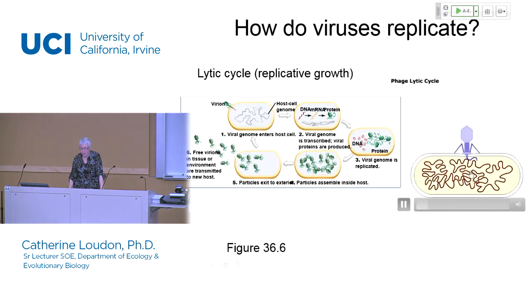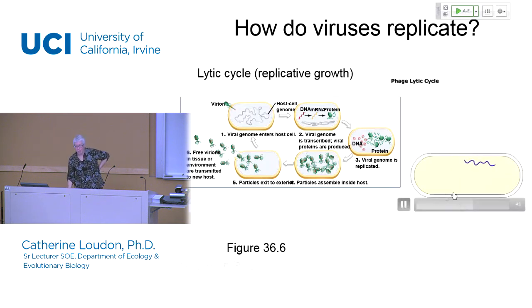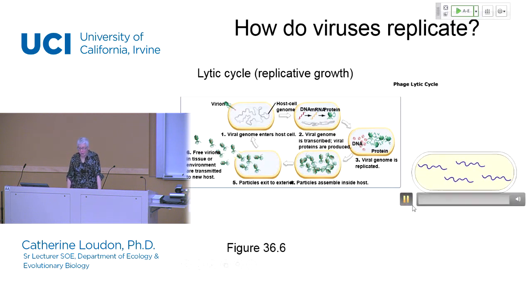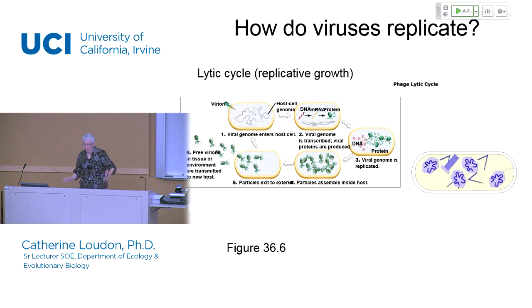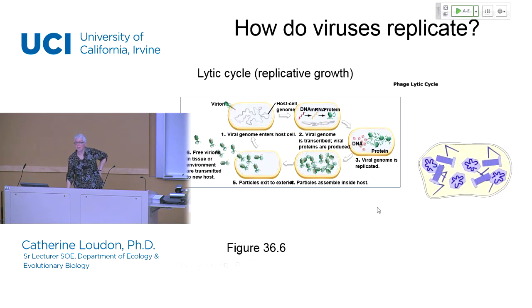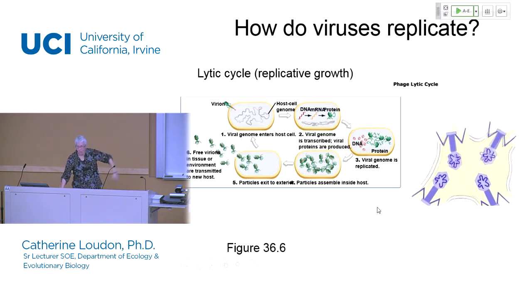So here we go, again, here's the nucleic acids being injected into the host cell, and then what happens in many, but not all host cells, but what often happens is that the host cell DNA is degraded, and it looks like we've already had replication now of the viral genome. Now what? We need replication of the capsid, the proteins. And so here you see this in sort of an animated form. So these are points 2 and 3 in the static figure from your textbook.